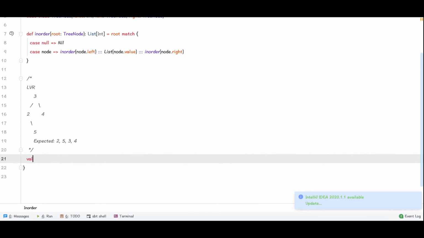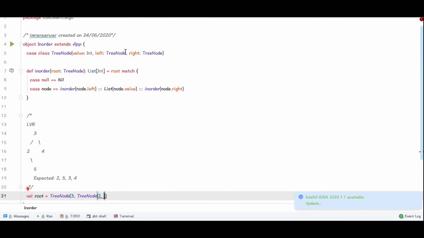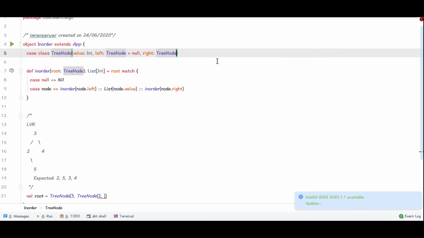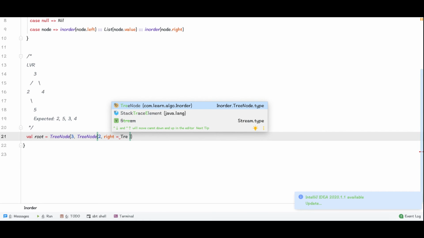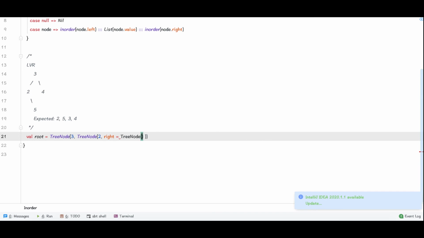Let's implement that. So we say there is a val root. We say TreeNode, and the value of the root is 3, and the left node will be TreeNode again, which has the value 2, and on the left is nothing. So let's make a simple implementation. We say that if you're not providing anything for left and right, just make it Nil. So we provide the default value for them. So we name the parameter with the TreeNode. The value should be